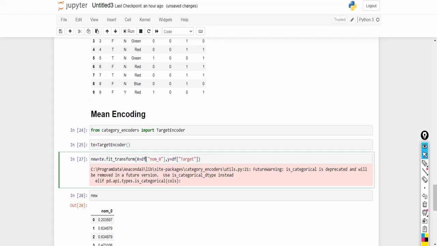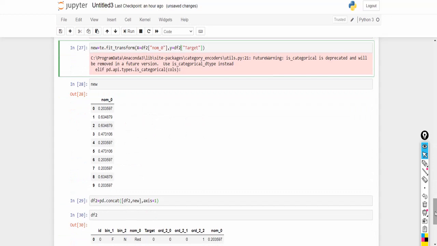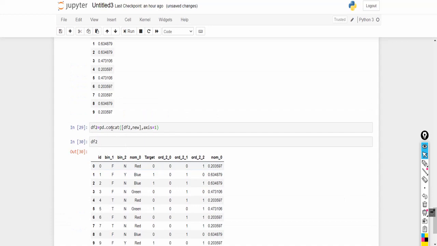See, here I have given df, but we are working with the data frame df2, so you can give this as df2. When you are doing that, make that correction. Another thing to note is that before performing this concatenation, drop the column norm_0, and then rename the new column.